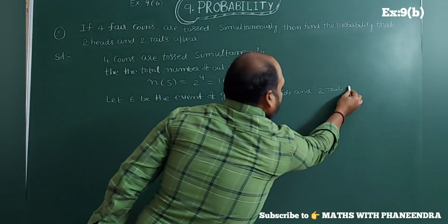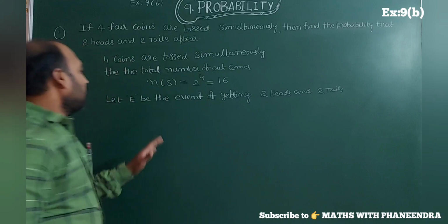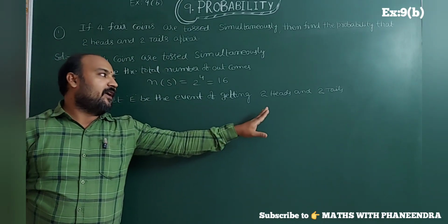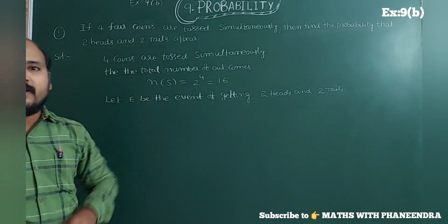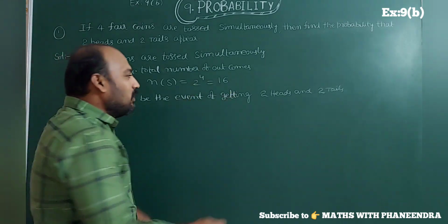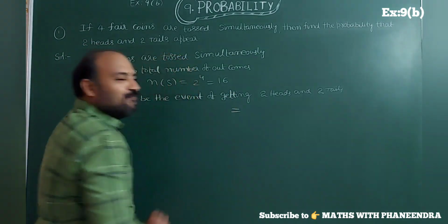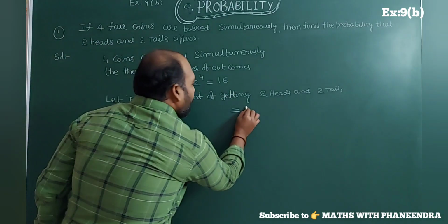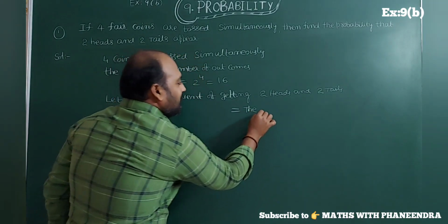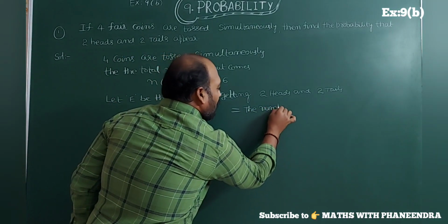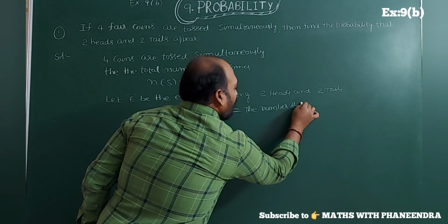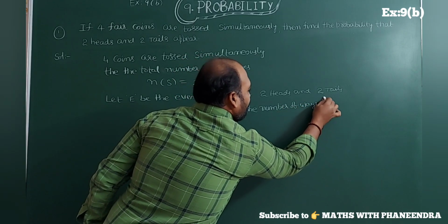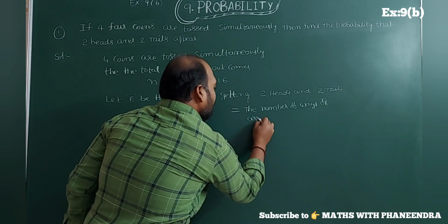So E is the event of getting 2 heads and 2 tails. This is equal to the number of ways of arranging